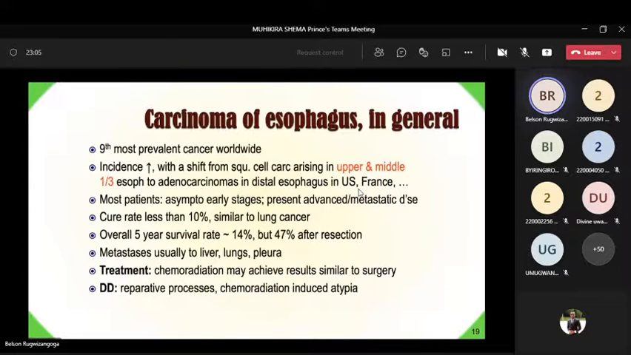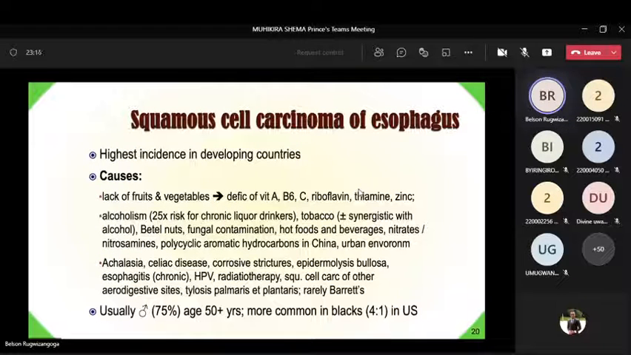So that was, in general, the carcinoma of the esophagus, combining both adenocarcinoma and squamous cell carcinoma. Now, because the case we had here is a squamous cell carcinoma, we go into details about squamous cell carcinoma. It has the highest incidence in developing countries. As you saw in the previous slide, the developed countries are now shifting to adenocarcinoma instead of squamous cell carcinoma. There may be reasons that we don't know, but for what we know, the risk factors of this